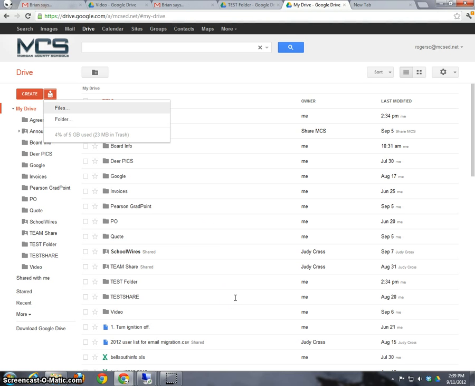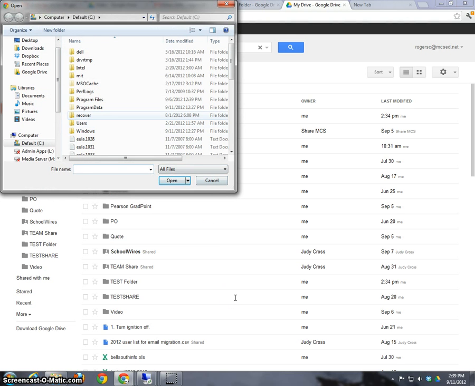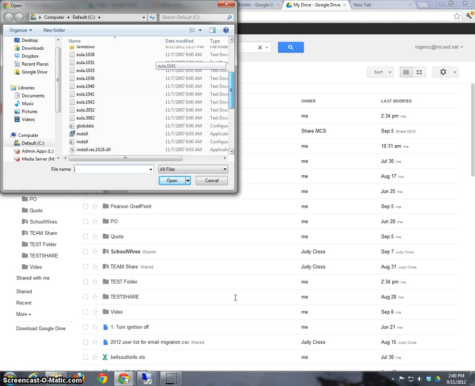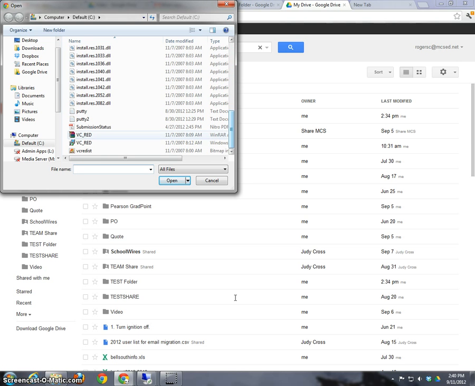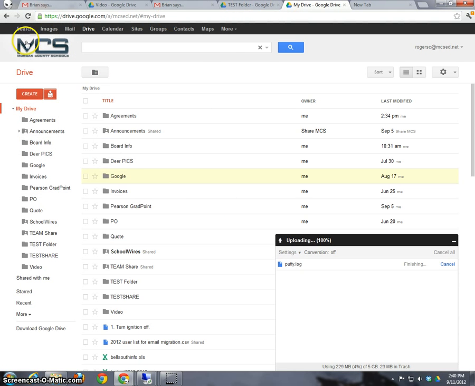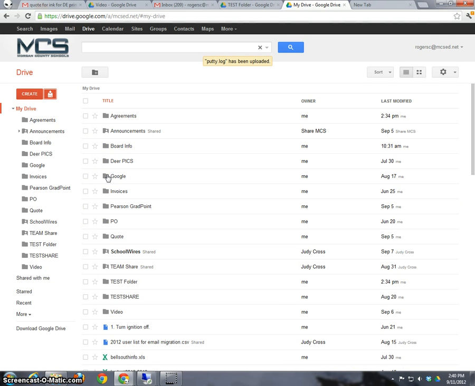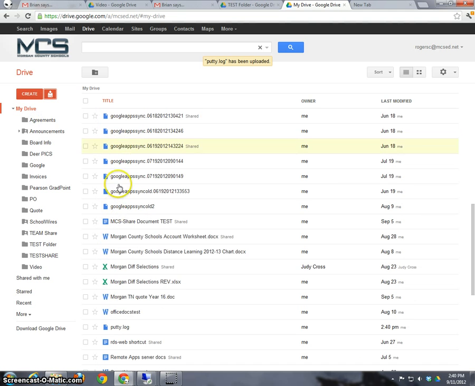Okay, so what I've done now is log back in to the other computer and share a document from the user Share to myself. What I'd like to do is show you how you can find that document in your drive. There's a folder here called Shared with Me, and if you click on that, I shared what's called document number 2 from Share MCS and gave myself rights to edit the document. I'll click on that, and as you can see,